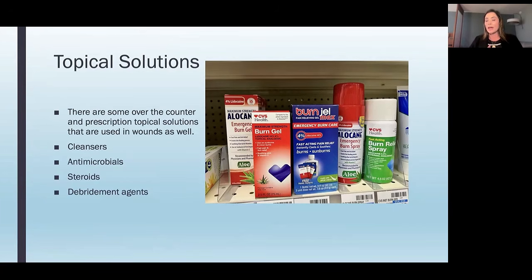My stepdad had pressure injuries at the end of his life, and lidocaine gel, when prescribed, was $300. But when we went to the grocery store, to CVS, we found this lidocaine 4% topical anesthetic, and that's what we used with him at his dressing changes to help control his pain a little better, and it was like $13. So you may have to find a happy medium of helping your patients in the home setting. You just want to make sure that whatever you're putting onto the wound is not going to be detrimental to